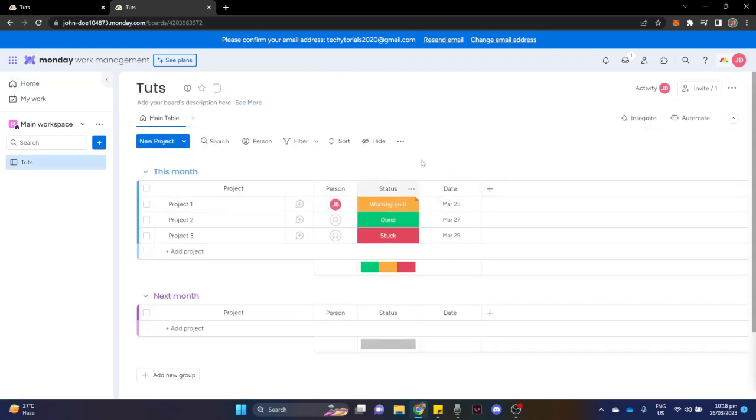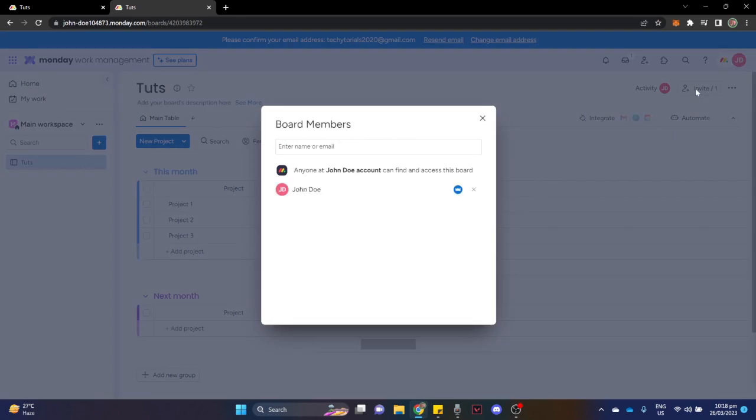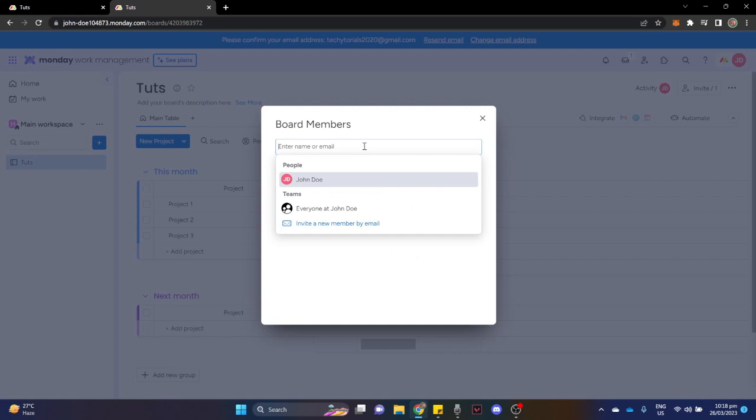So click on it, wait for it to load, and then make sure to click on Invite found on the upper right of the screen. So right here. Once you have clicked on that invite, then you should enter the email of that person that